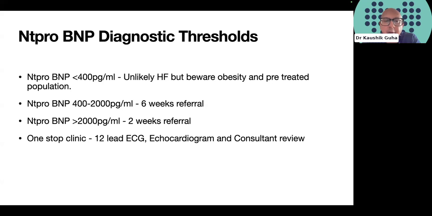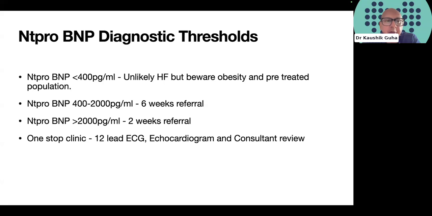the patient attends for a 12-lead ECG, echocardiogram, and consultant review with diagnosis and management plan on the same day in the same sitting. Where this has become challenging to deliver, especially in the post-pandemic world we now work in, is that the volume of referrals in many sites overwhelms whatever provision the trust can provide. So therefore, certainly locally, we struggle, like many centres do, with the 6 weeks pathway.